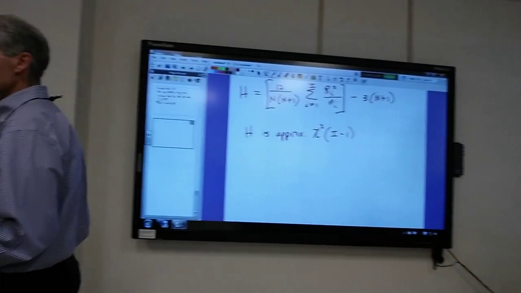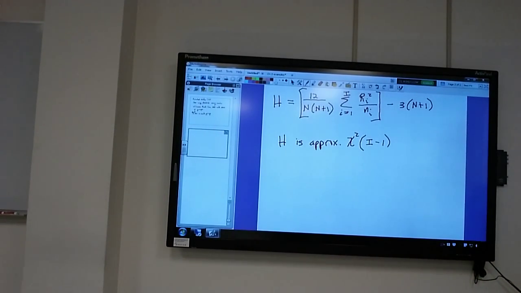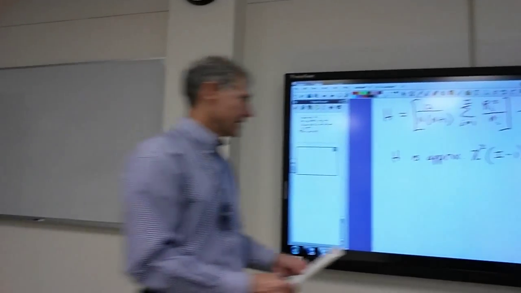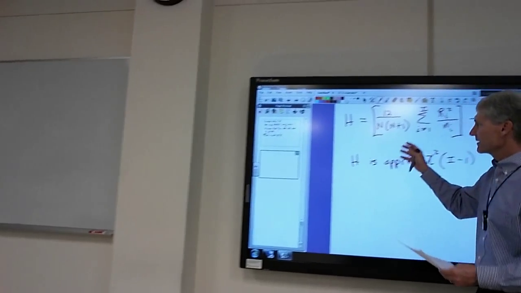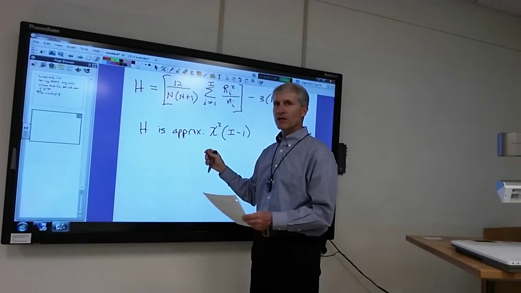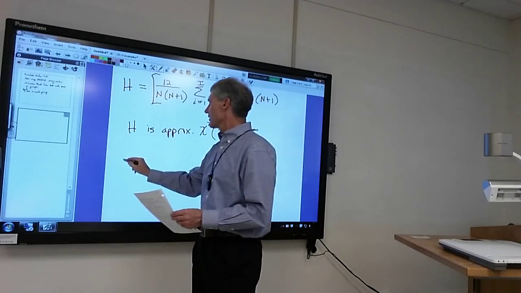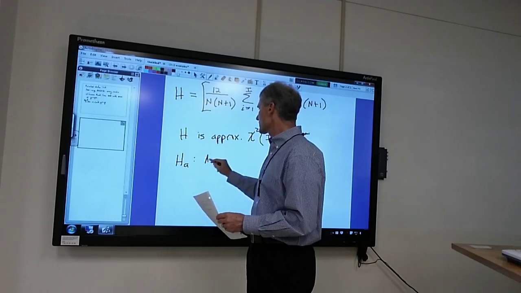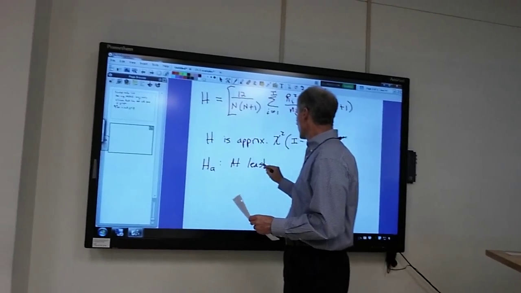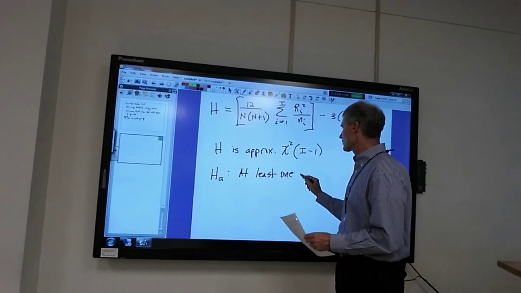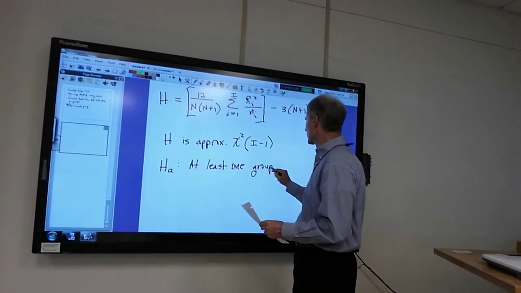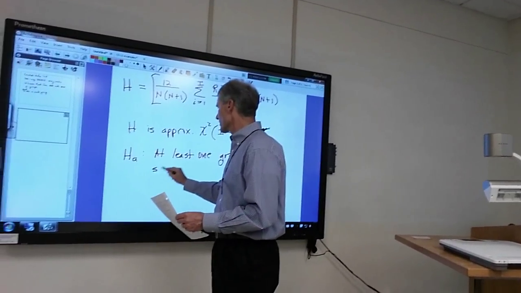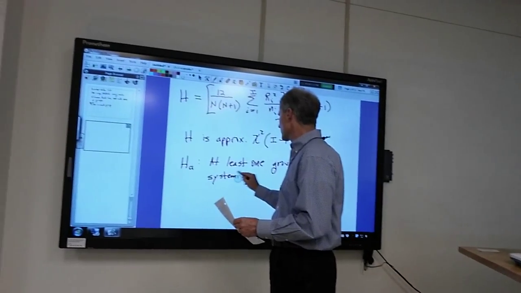The alternative hypothesis, at least one of the distributions is different, but most of the time we go ahead and say that from the perspective that the difference is in the center of that distribution. So you tend to systematically get higher ranks in one group than the other groups. So at least, and this is in the textbook, at least one group has systematically, that's the word they used, systematically